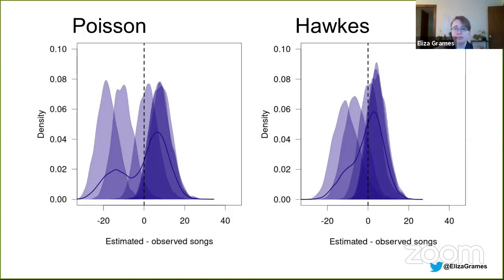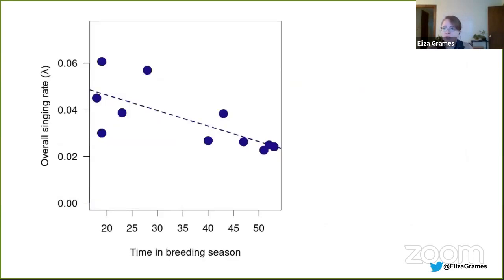And so the main reason then to actually use the Hawkes model as opposed to a Poisson model, which of course has way fewer parameters, is because we can start to understand those underlying behavioral motivations that I talked about before. So here we have the overall singing rate, which you can get from either the Poisson or the Hawkes model, because it's just the complete overall lambda for the process. And we can look at it in terms of environmental factors.